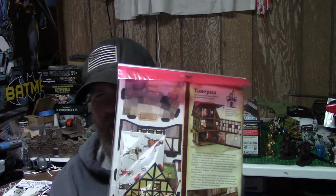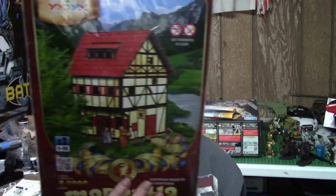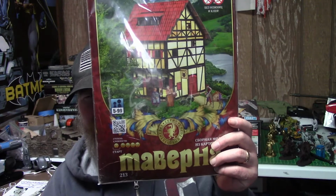And I believe this is the same thing. So we're going to get this over to the table. We're going to pop it open, take a look at the pieces. I might even do a video of me building this, because it says that it should be pretty easy to build. So, if a 5-year-old can build it, I should be able to build it, right? Famous last words. So we'll take it over to the table, take a look at it, and see if it's worth